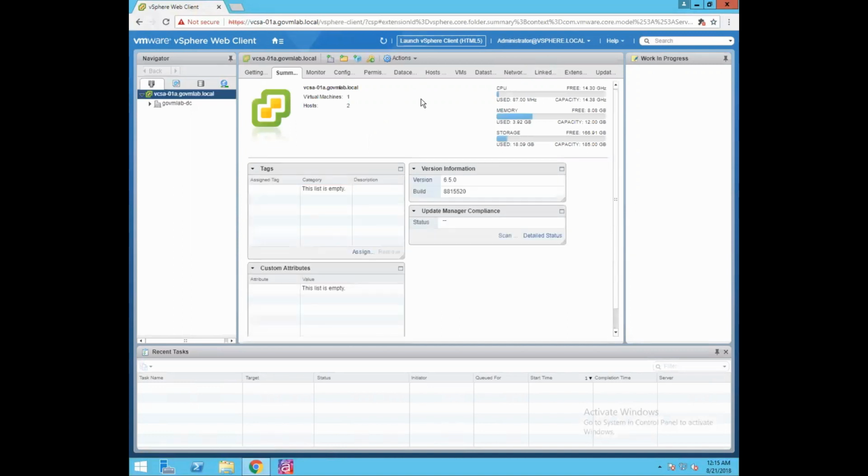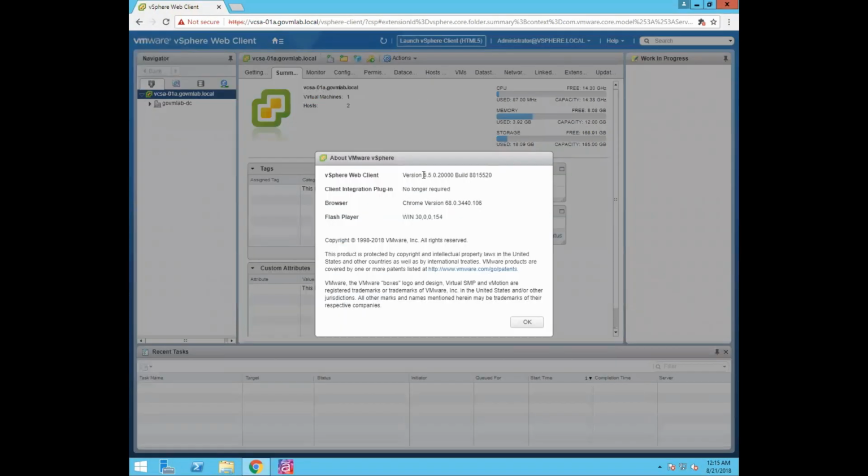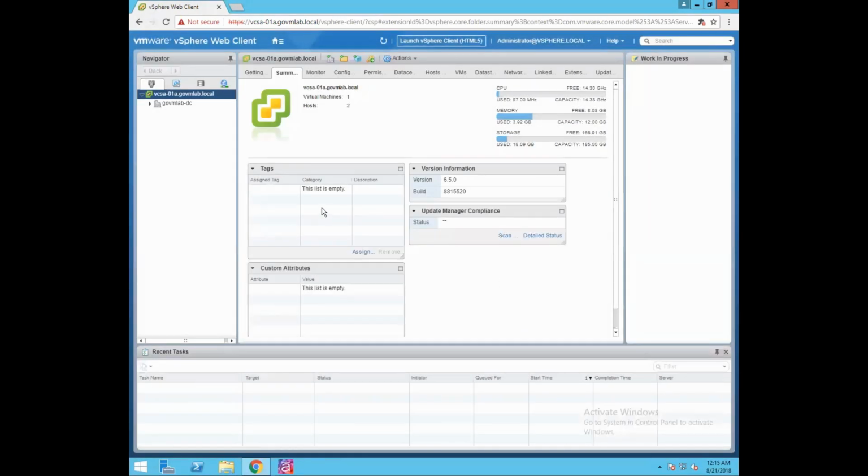Let's check the version of our appliance. Click on Help, About VMware vSphere. Now you can see the version of our vCenter Server is 6.5.0. And if you see in the inventory, I have created a DC called govmlab-dc. If you browse through this DC, you can see there are two ESXi hosts, esx-01a.govmlab.local and esx-02a.govmlab.local.